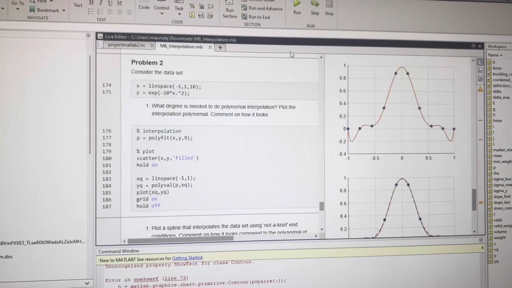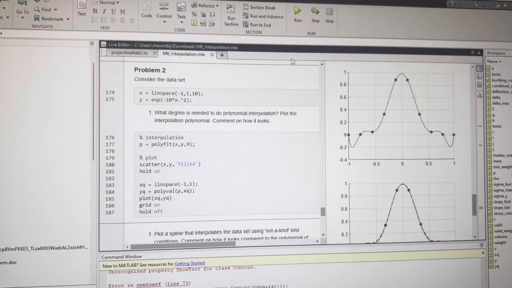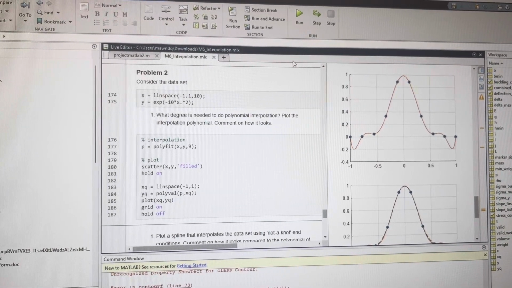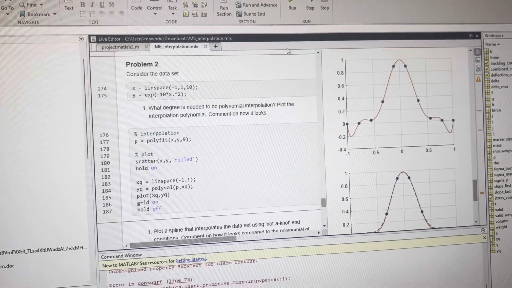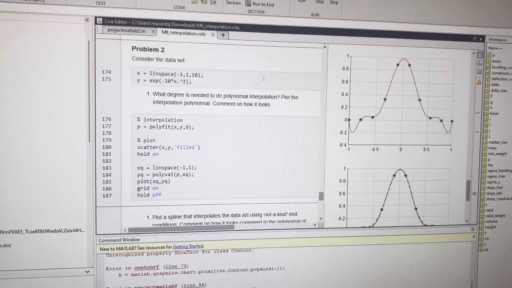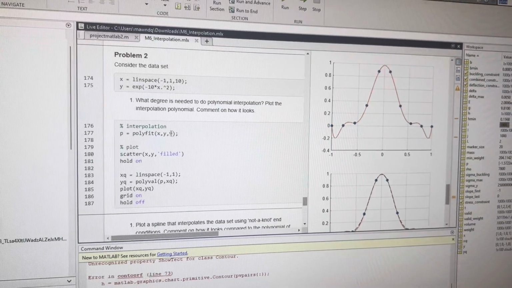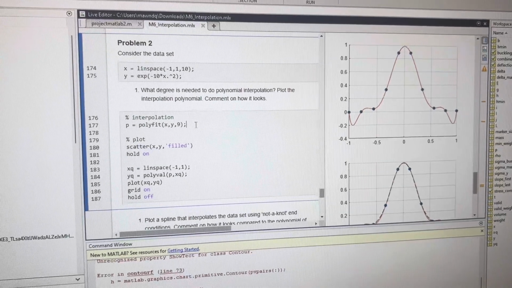We can figure this out because x equals linspace(-1, 1, 10), and that 10 needs to be reduced by 1, which gives us a degree of 9. Plot the interpolation polynomial and comment on how it looks. The first thing we need to do is p equals polyfit(x, y, 9). So that 9 is going to be our degree, and polyfit returns coefficients